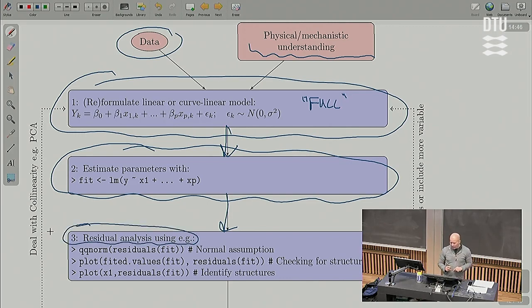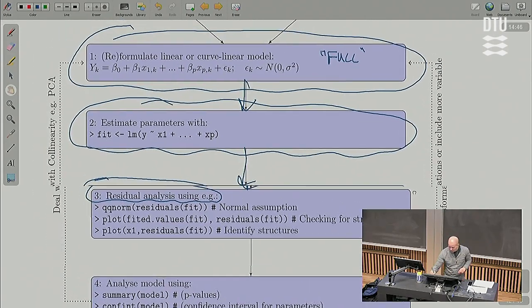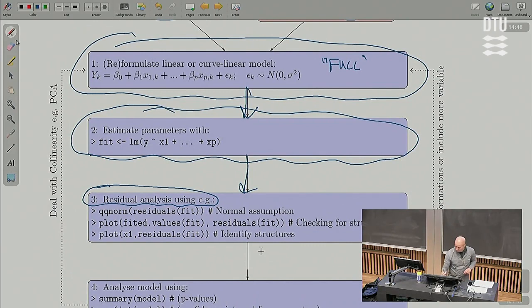That can be done either by visualization or by actually modeling the additional nonlinear structures. And if needed, it's a feedback thing, right? We may have to transform, maybe log transform, maybe include more variables, maybe have some square things. We need to go on and start all over again until we have something that's okay. When everything is okay,